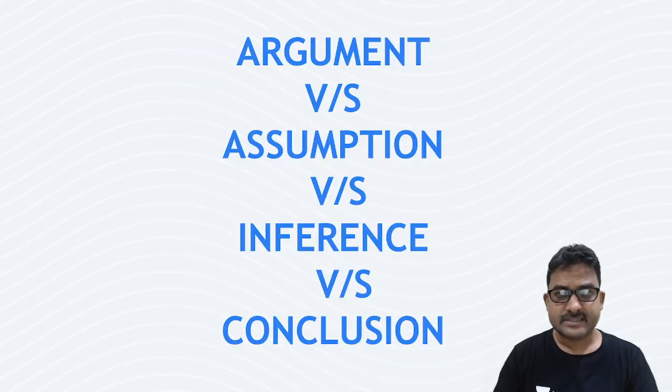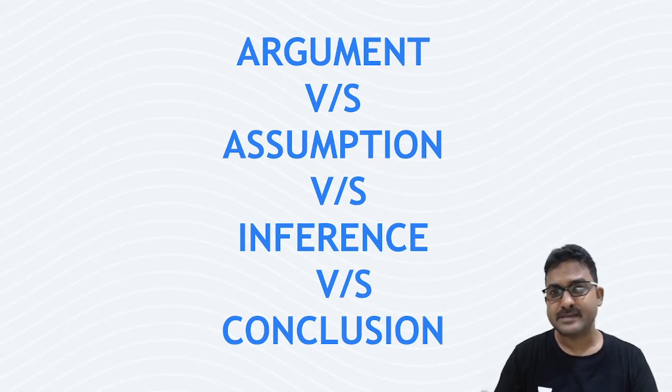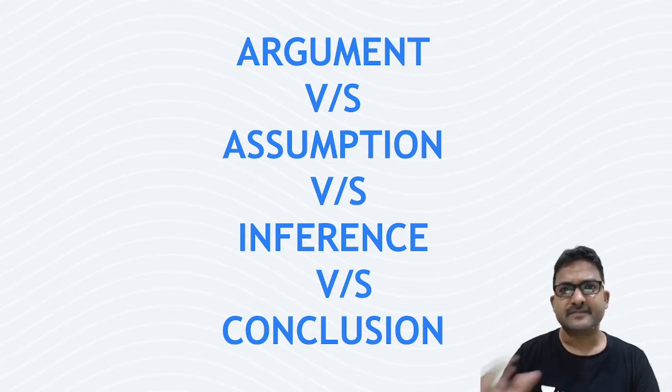Now, these topics are very common in reasoning as well: argument, assumption, inference, and conclusions. The same topic is applied when we speak about the higher dimension of reading skills. Somewhere down the line, most of the questions in the error part are based on assumptions. What students generally do is assume anything on their own after reading the passage. So make it very clear, there is a clear difference between argument, assumption, inference, and conclusions.